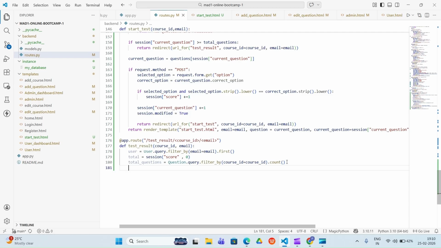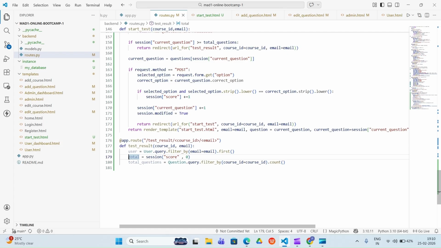So far, we have created one function named test result, which takes two parameters, that is the course id and the second one is the email. Then we go to the particular user and filter it with the email, and the first user we get, we take out that user.